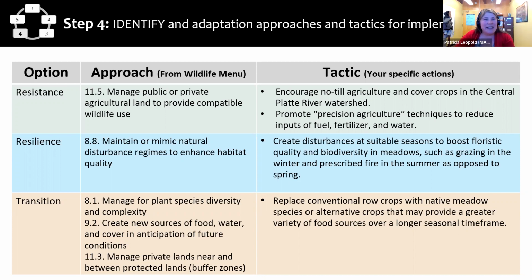The option for resilience is to maintain or mimic natural disturbance regimes to enhance habitat quality. And so here they'll do that by creating disturbances at suitable seasons to boost floristic quality and biodiversity in meadows. And here they provide examples such as grazing in the winter, okay, and prescribed fire in the summer as opposed to the spring. So this is a good tactic that kind of explains the what, when, and how of creating